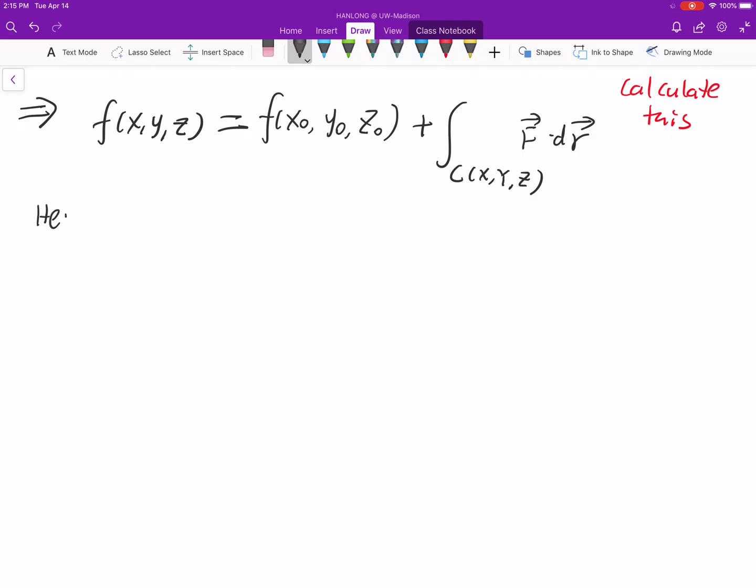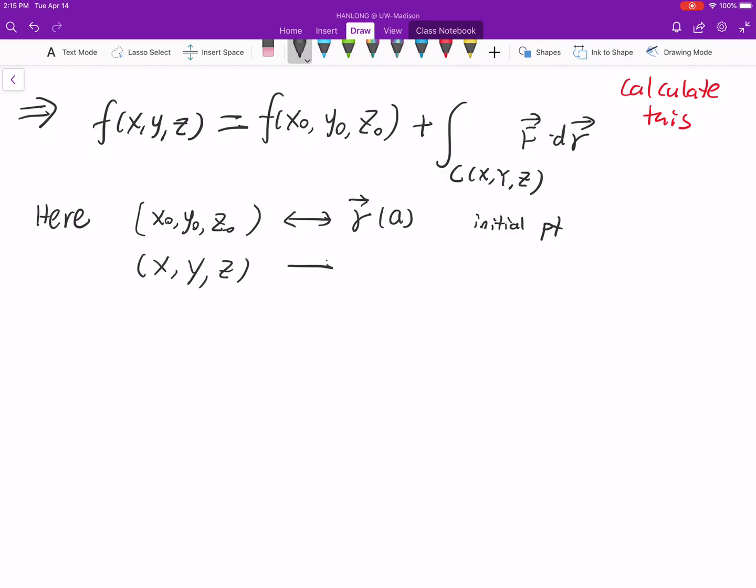So here (x0, y0, z0) is the coordinate for gamma a, the initial point, and (x,y,z) is a coordinate for gamma b, the varying ending point,